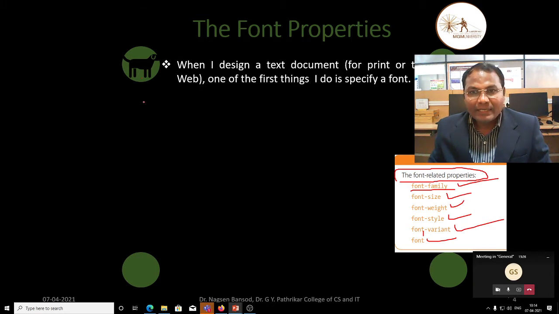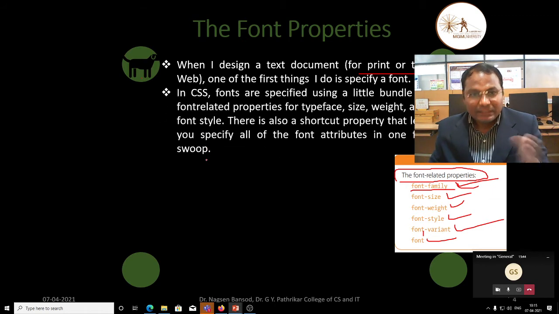When I design a text document for print or the web, one of the first things I do is specify the font. First of all, we need to specify the font of the text which will appear in the browser. In CSS, fonts are specified using a little bundle of font related properties for typeface, size, weight, and font style.